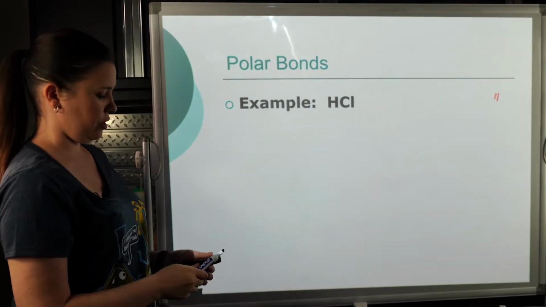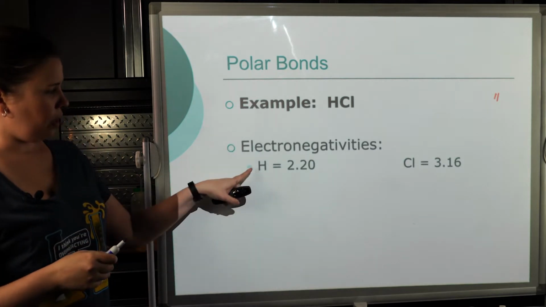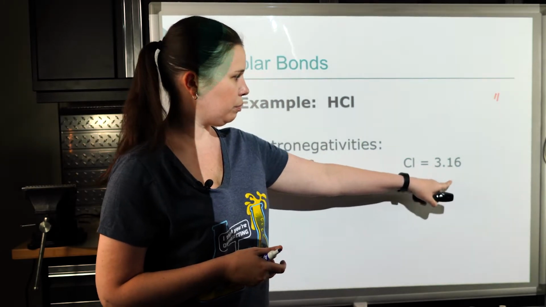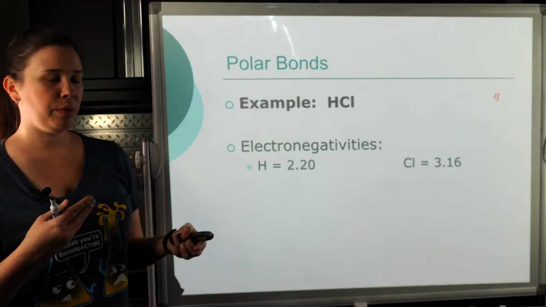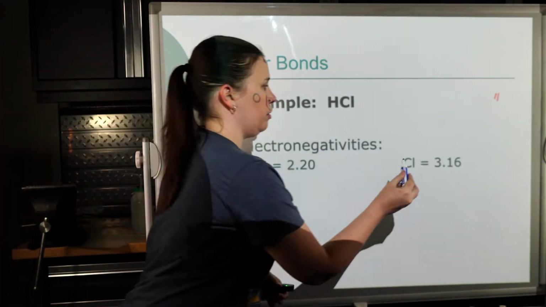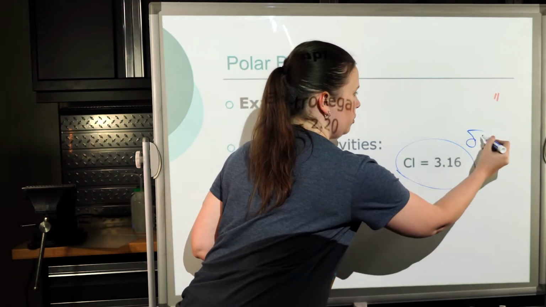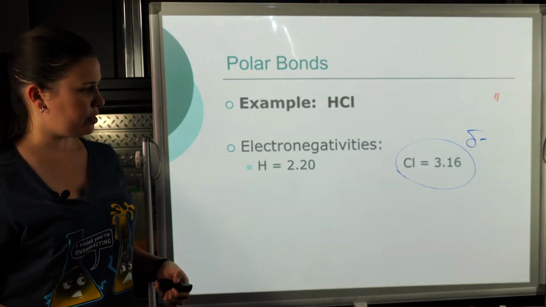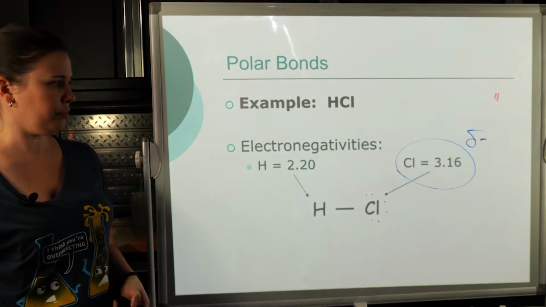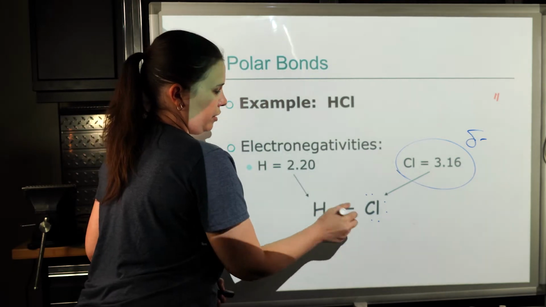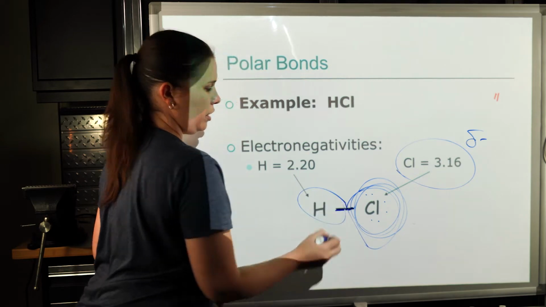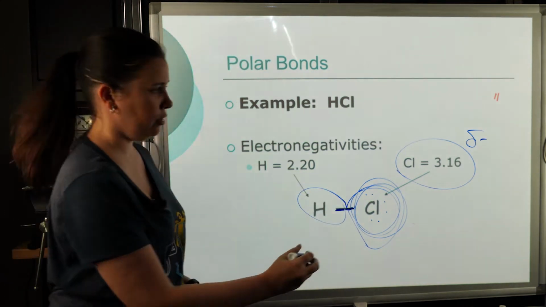Hydrochloric acid, or HCl. So we have a hydrogen with a Pauling scale value of 2.20, and on the Pauling scale chlorine is a 3.16. So which one would be more electronegative, the hydrogen or the chlorine? The chlorine, the one that has the larger number, would be more negative. So if I sketch out my Lewis structure here, and yes, we would have the dots around the chlorine, but not the hydrogen, these electrons would be spending much more time in chlorine's area than they would in hydrogen's, which makes the chlorine a more